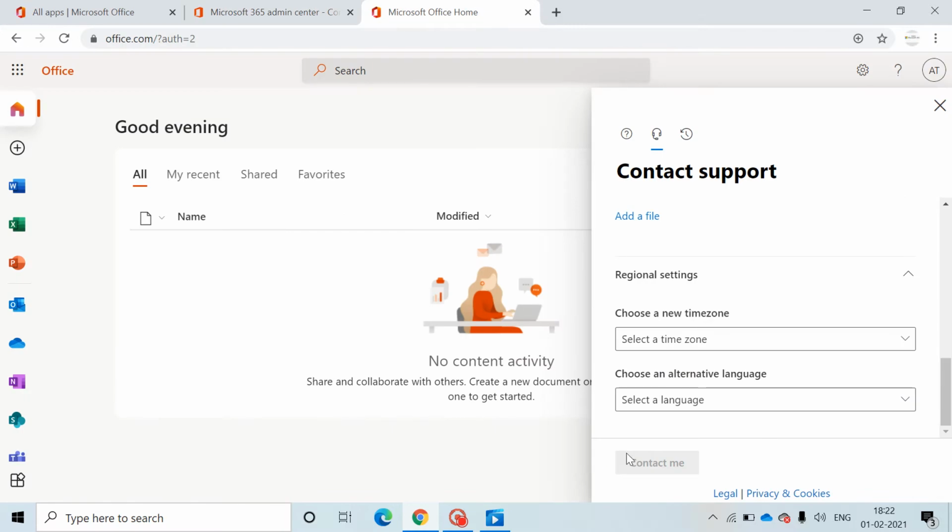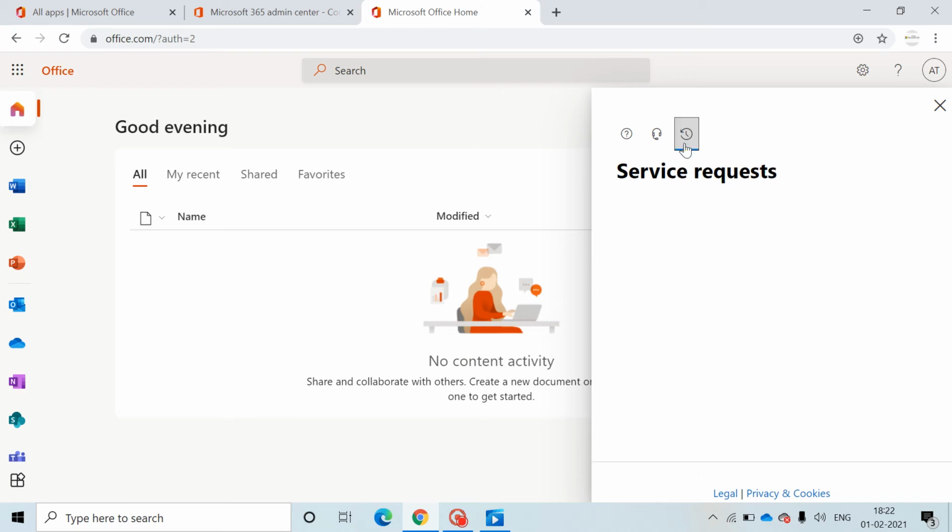Once you click on contact me, a support ticket will be created and they will tell you that the ticket is created and a support agent will get back to you soon. On the email which you have given for support, you will get an automated email that a ticket is created with this number, and once you get a call, you can start working on that case. After that, how you should handle this support ticket will be explained to you by the support agent. So this is how you create the support ticket, and to track all your support tickets you can just click on this clock sign. For now I do not have anything, but when you create one, you will see the support tickets under this clock sign here.